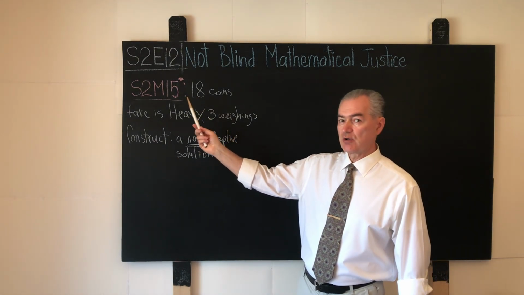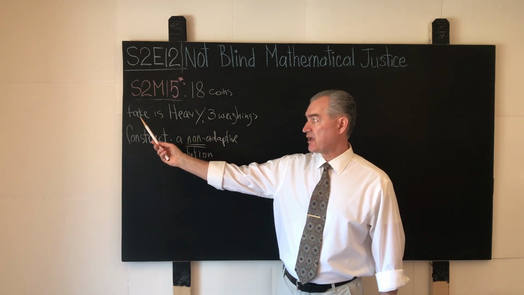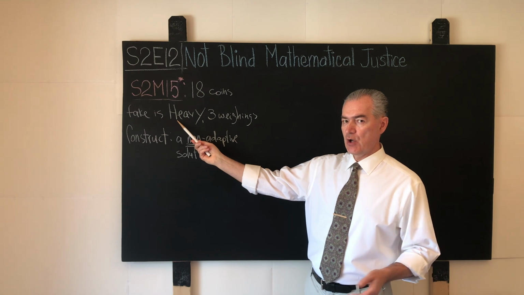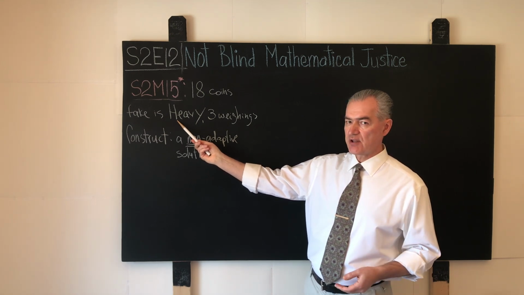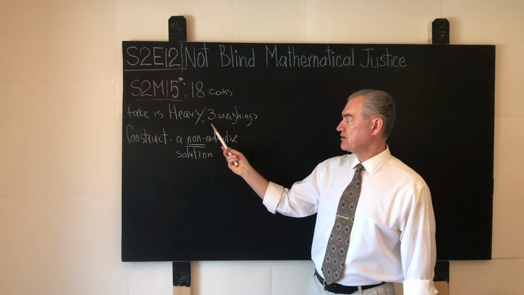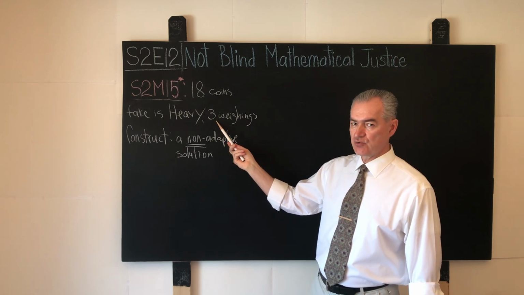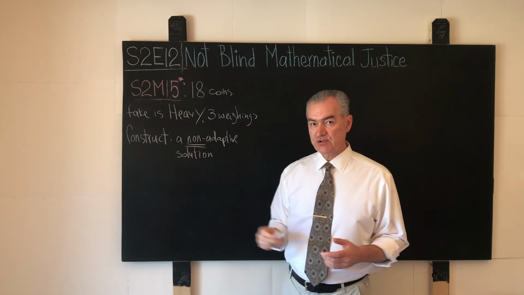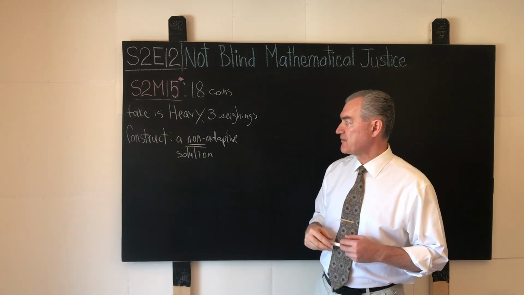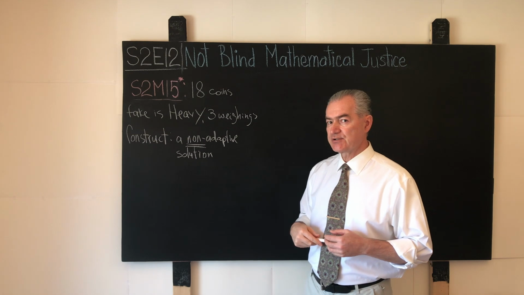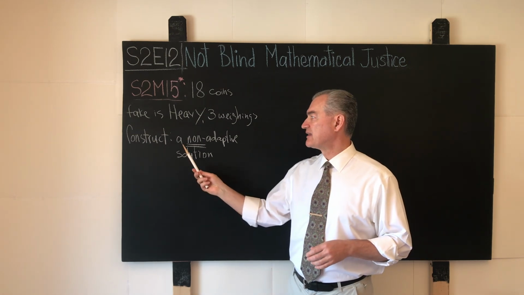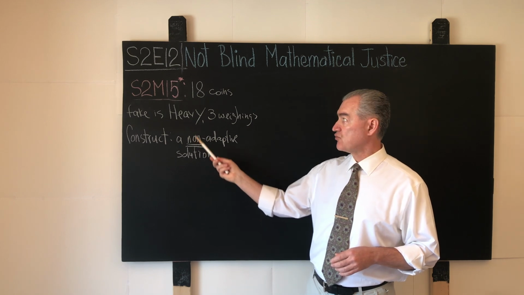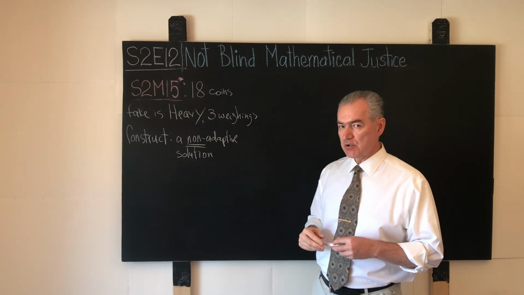We will know the weight quality of the fake coin ahead of time. Let's say the fake coin is heavy, or the fake coin weighs detectably more than genuine coins. And in 3 weighings, the challenge is to determine with absolute certainty the identity of the fake coin, as we know its weight quality. But the real challenge here is to come up with a non-adaptive solution for the 18 coin problem.